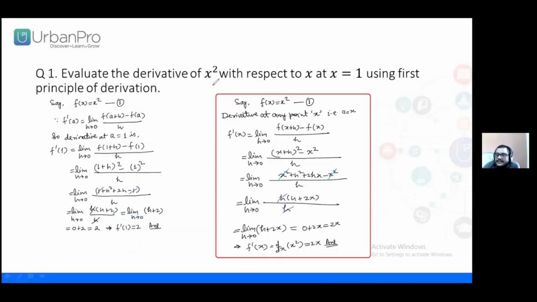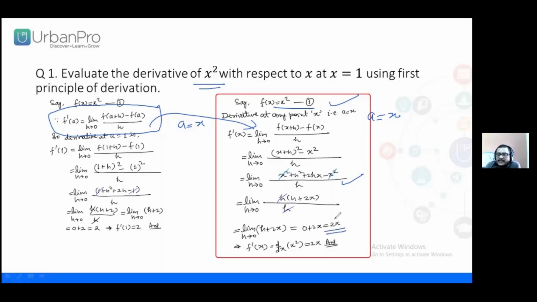We can generalize this derivative at any point x equal to x. So here f(x) equal to x square. So we can write here, if we have to find the derivative at x, so we can write here a equal to x. So using this definition, this is the derivative at a point x equal to x. But if we would like to generalize this derivative, then we will replace the a with x. So if we replace this a with x, then we can find out that f dash x equal to limit h tends to 0 f of x plus h minus f(x) upon h. So after expanding, we will get this value, and here x square and minus x square will get cancelled out, and again we will take the common h, and we have found the formula 2x.